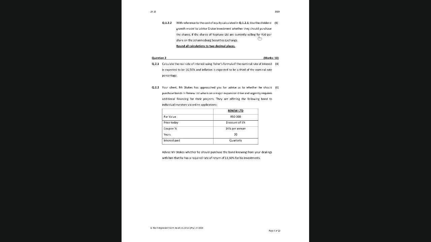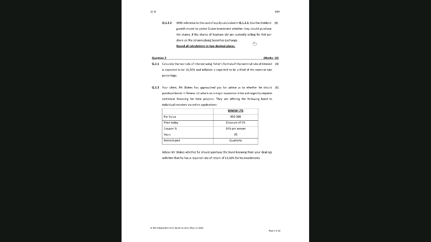That basically means we have to calculate what the expected share price should be for Neptune, given their rate of return, and then compare that to the 50 Rand that the share price is currently selling for. So for your final answer, you must calculate the price you would expect to pay for Neptune, and then compare that to the 50 Rand, and say, yes, I should buy it, or no, I shouldn't.